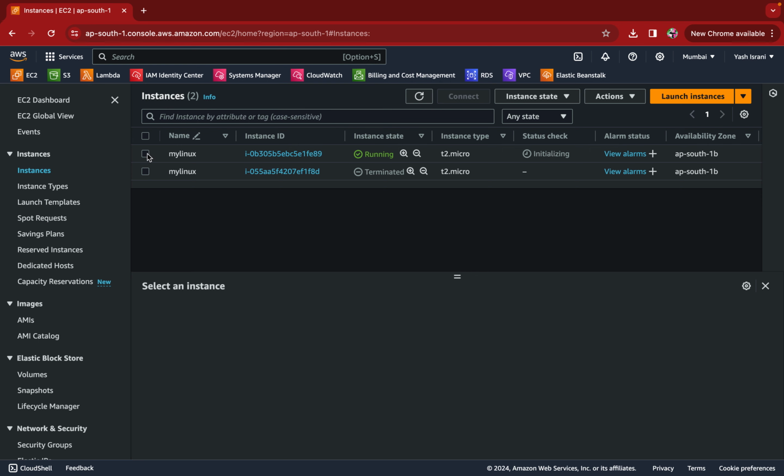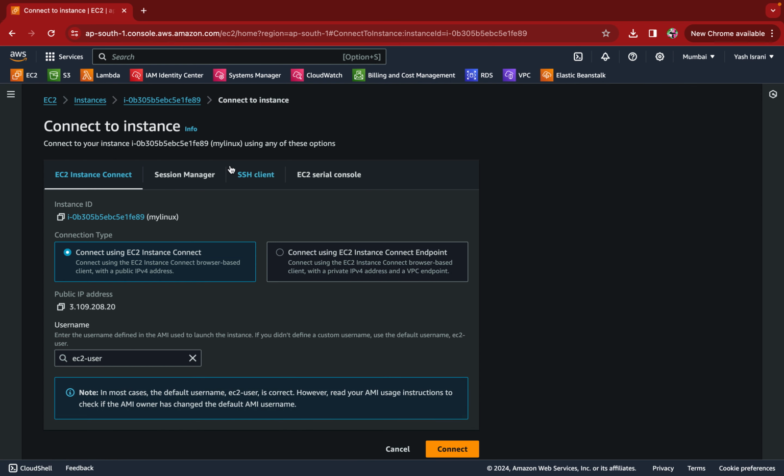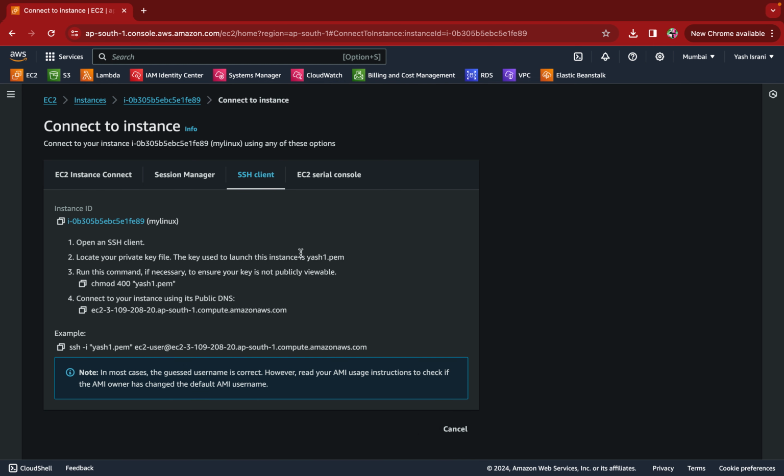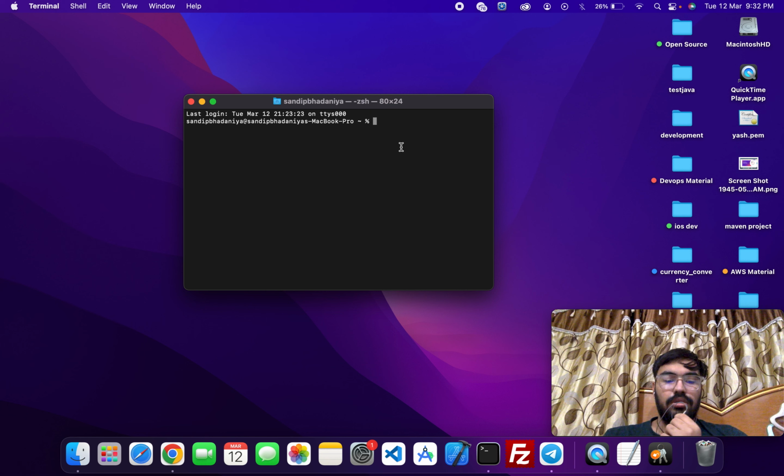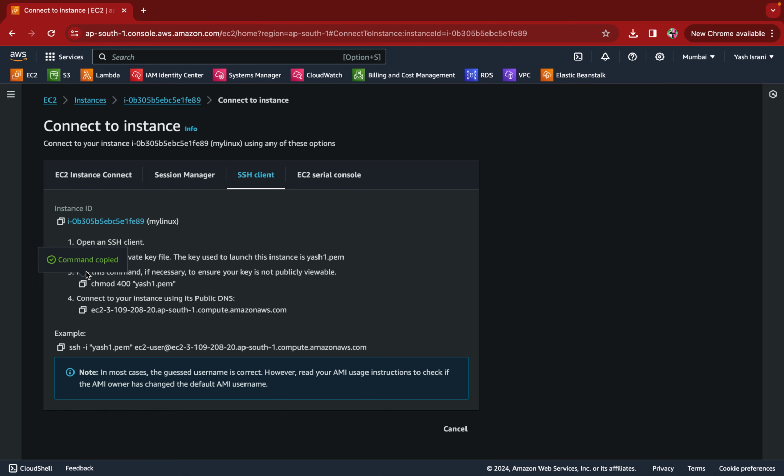So select this and click connect and go to SSH client. Okay, click here on SSH client. So and copy this command. Okay, I will copy this command and I want to change my directory to where my key pair is, in my download section. So I will write cd Download. Okay, Download, and copy this command